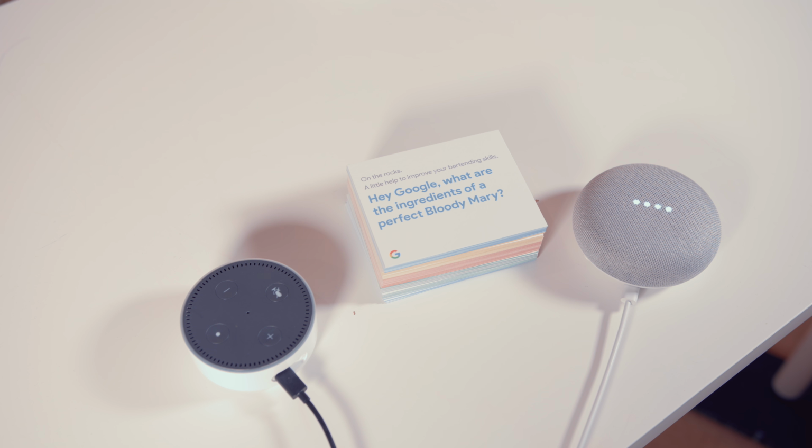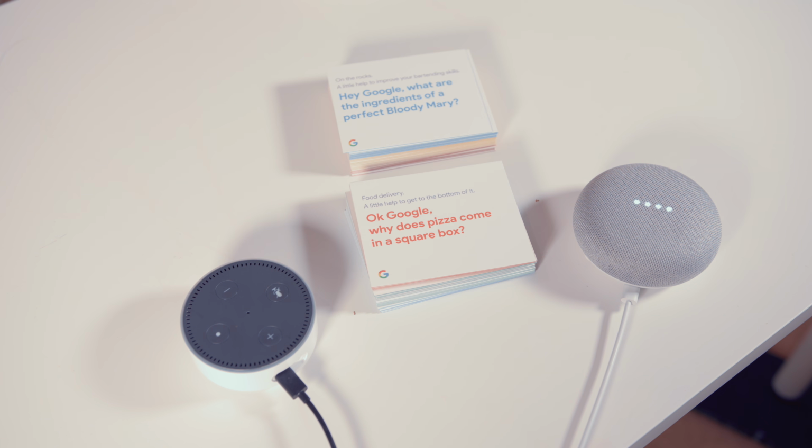Cocktail, 2 dashes, Worcestershire sauce. On the website theguardian.com, they say...